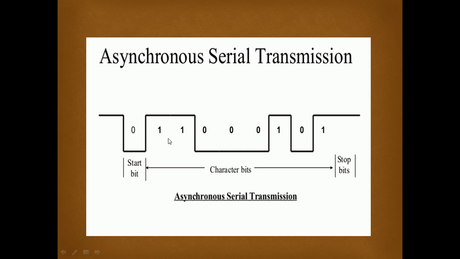Here let's suppose the message is 1100010. The starting of this message is shown by this start bit, and the ending is shown by the stop bit, which is always 1. In between these two bits, there are the data bits, 11000010. Basically, in a system, characters are represented by 7 bits. ASCII format or EBCDIC format are represented by 7 bits. Here these are represented by the character bits.